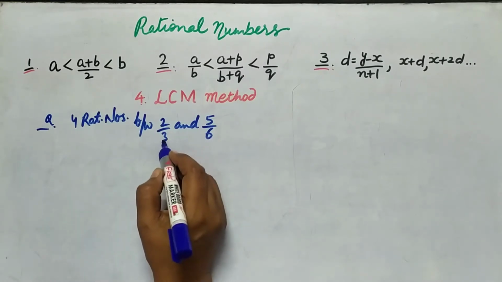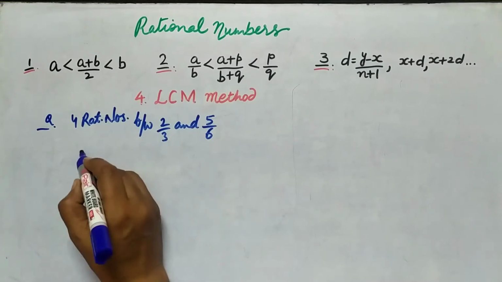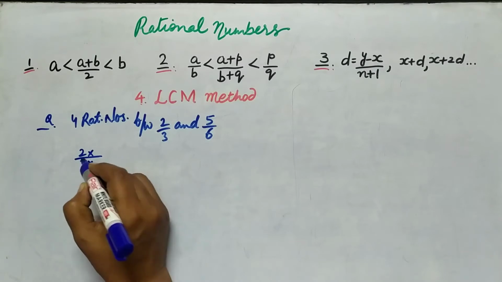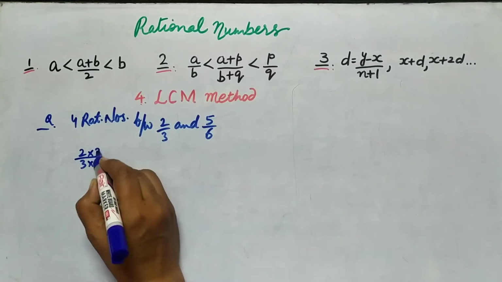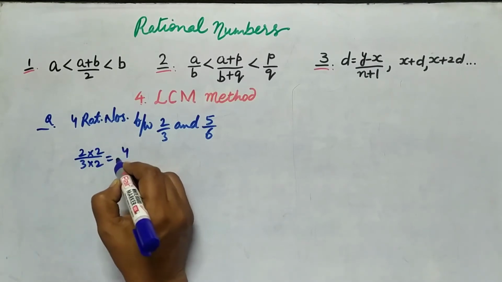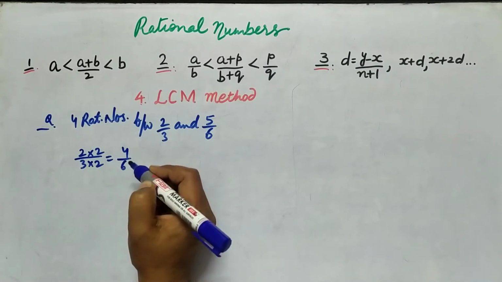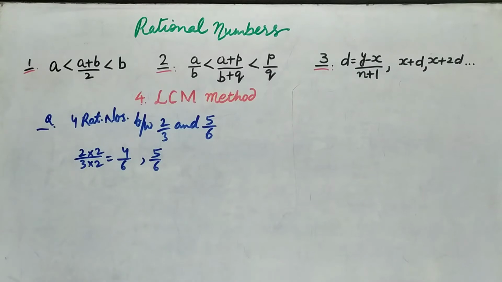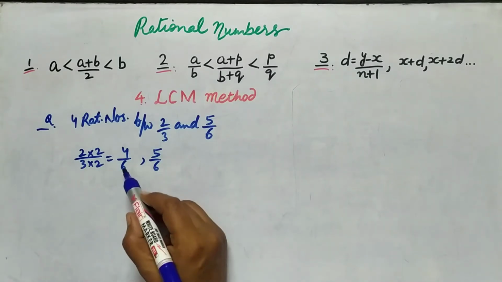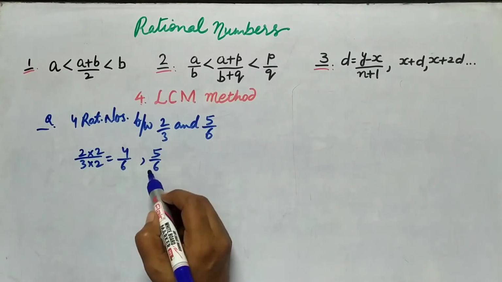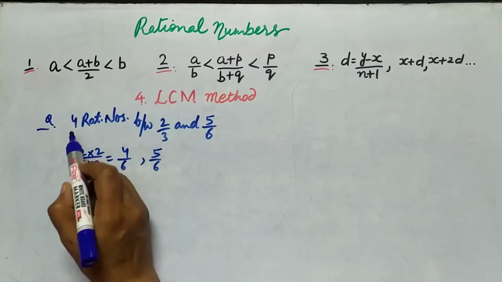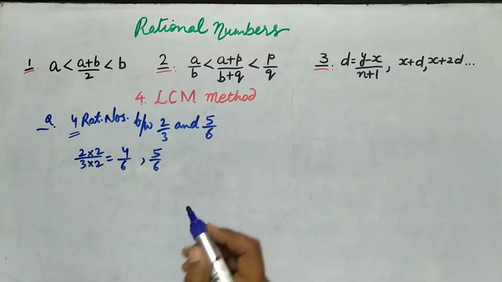To make this 3 into 6, we multiply the numerator and denominator of this fraction by 2. It becomes 4 by 6. The second term is the same, 5 by 6. Now we find four rational numbers between these new numbers, 4 by 6 and 5 by 6. Because we have to find four rational numbers,